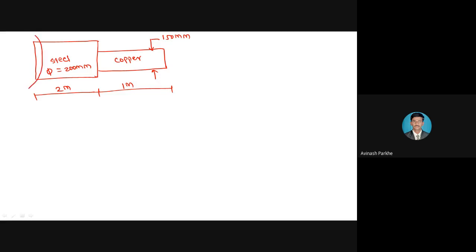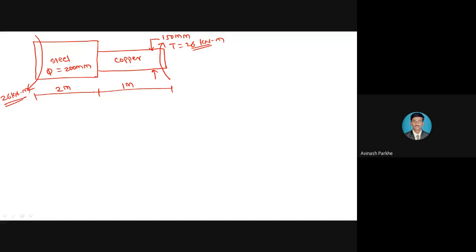Now the torque is applied at the free end. At the left side, this is the torque applied in the anti-clockwise direction. Similarly, at the right side, again a torque is applied, with magnitude T equal to 26 kilonewton meter. So the magnitude is the same at the left and right sides, but the directions are opposite. If the directions were also the same, the shaft would not be under torsion, and then there would be no shear stress and no angle of twist. Therefore one torque is applied anti-clockwise and the other clockwise.